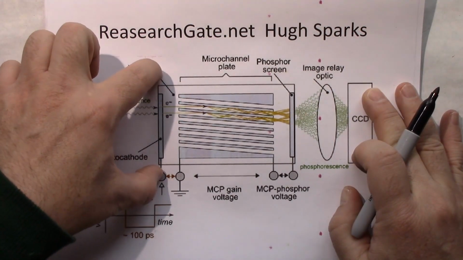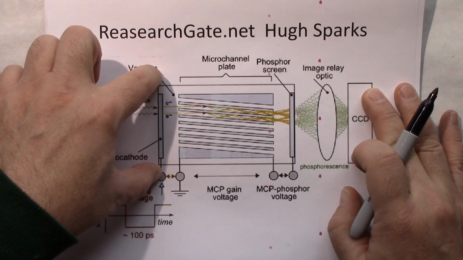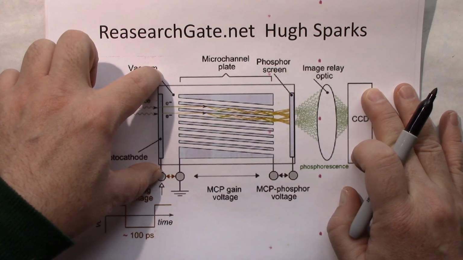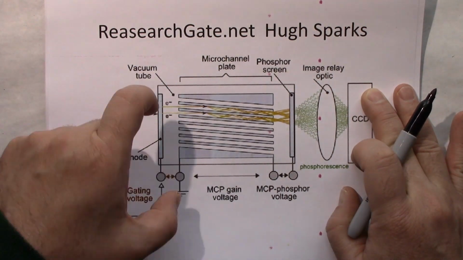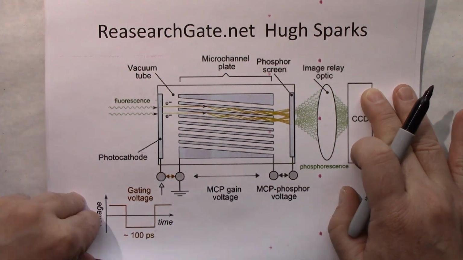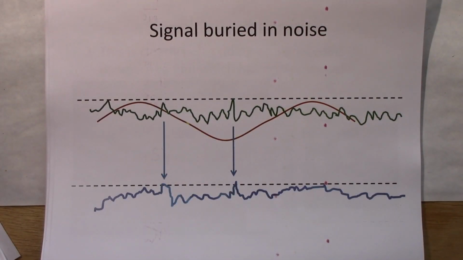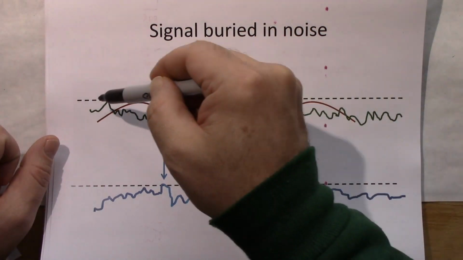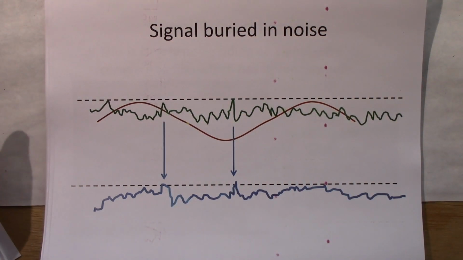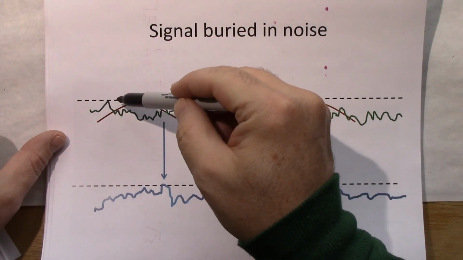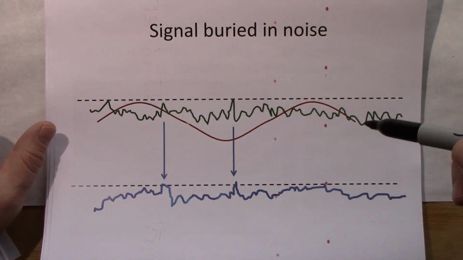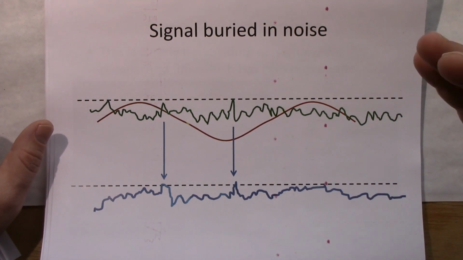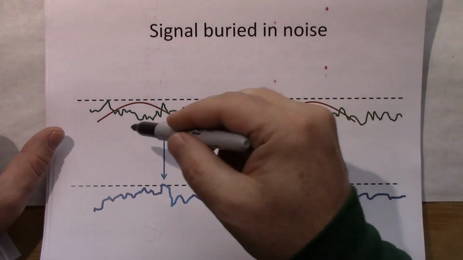Okay, this, my friends, is a high gain amplifier. And any engineer that works with high gain amplifiers realizes they have a very large noise figure because of this high amplification. And so what you really have is, because they've attenuated the light down, you might have this detection level, the level of energy needed to push an electron from the cathode down the microchannel plate. Now, the noise in and of itself might be down low enough because they probably have cryogenically cooled this thing, so it's a lot less noisy, but you're still going to have noise.